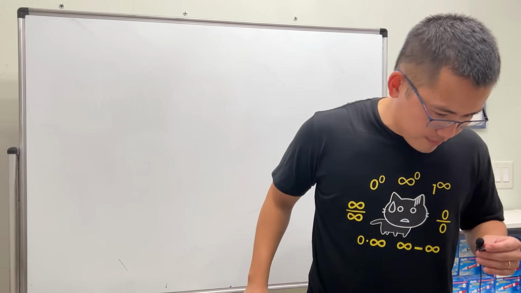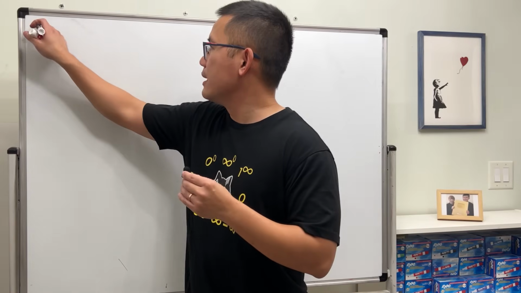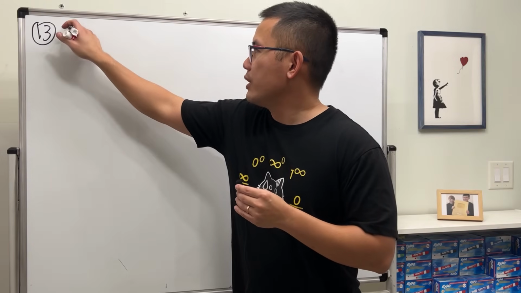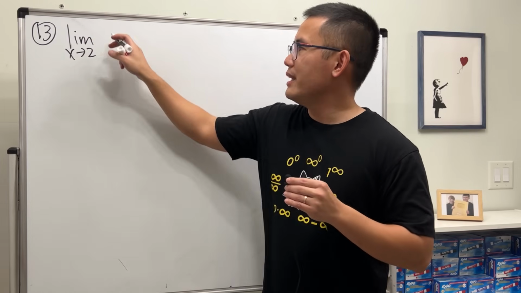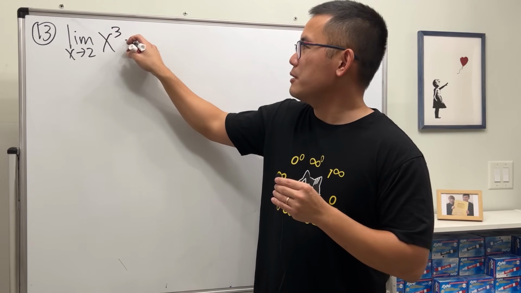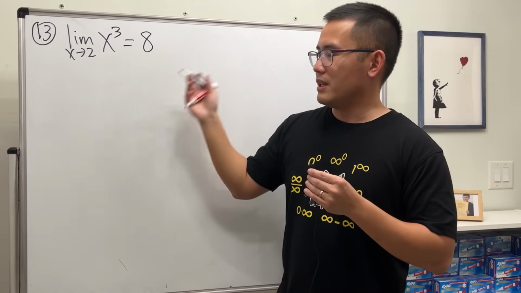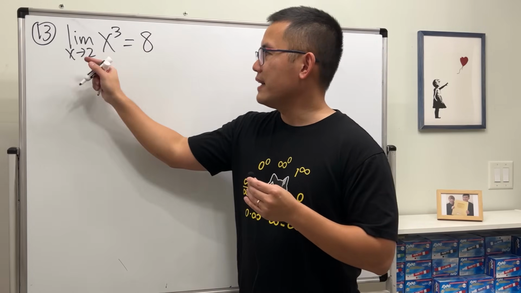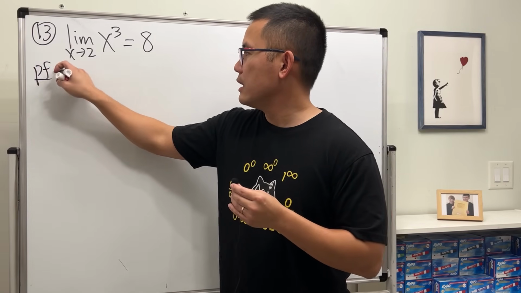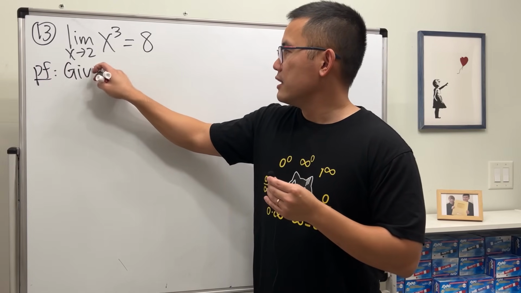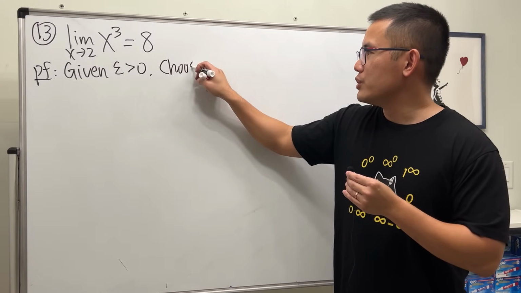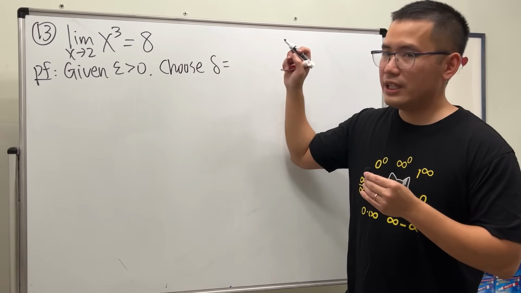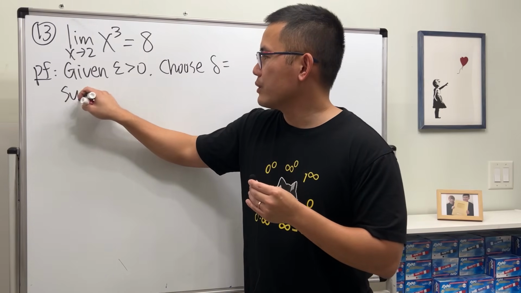Number 13. I'll give you guys a rather simple looking function. x approaching 2, and then let's talk about x to the third power for the first time. Plug in, you get 8. Finite epsilon-delta. Given epsilon greater than 0, we are going to choose delta, don't know yet. Then we are going to suppose